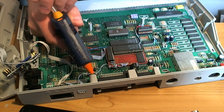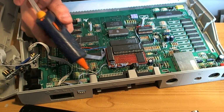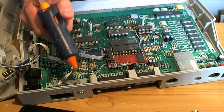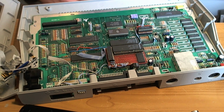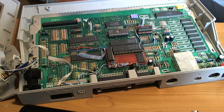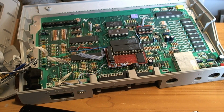Come on. Right. Let all that dry off. Set. Now we can screw this back into the top half of the case, and